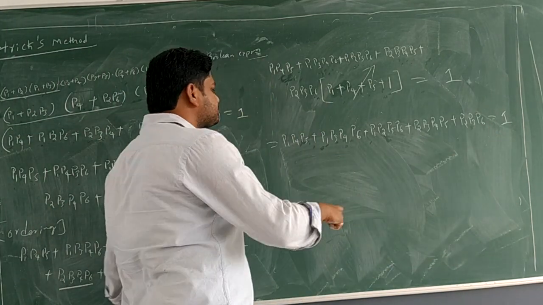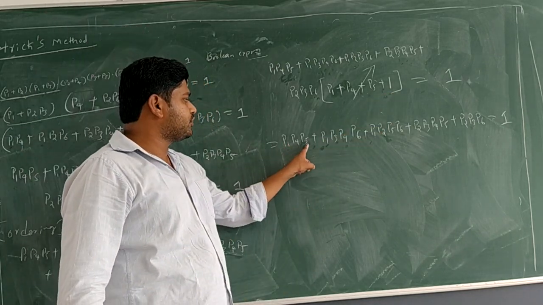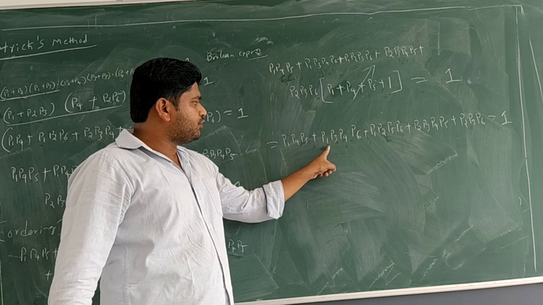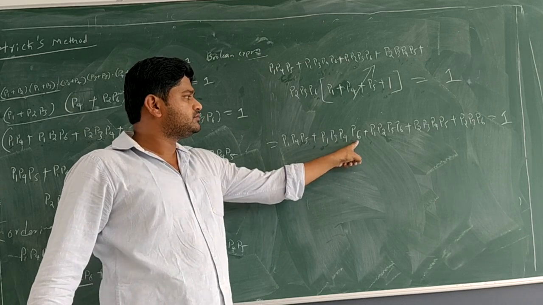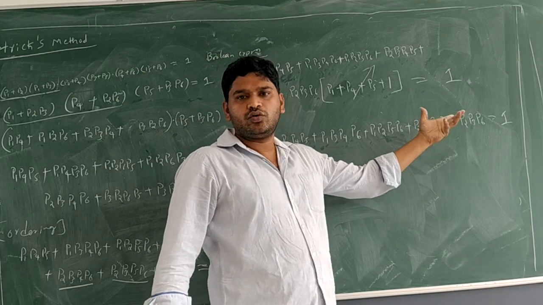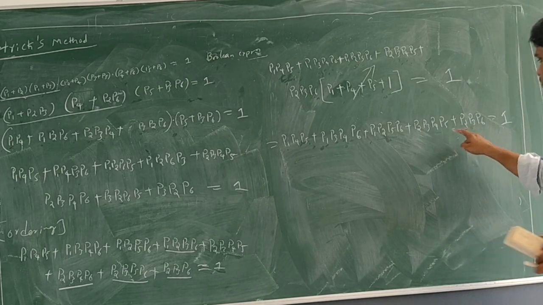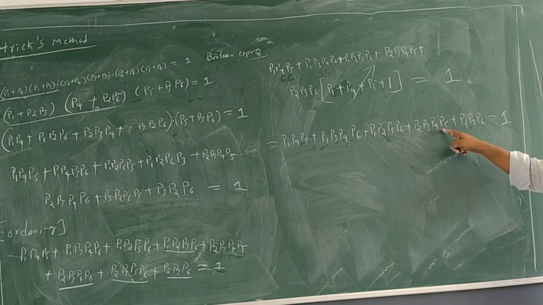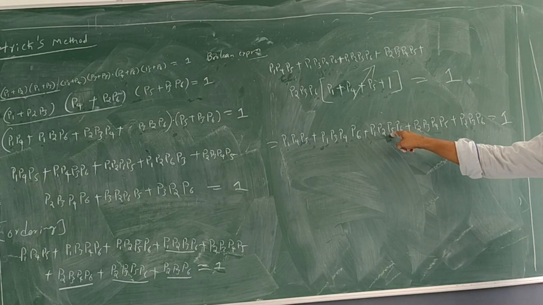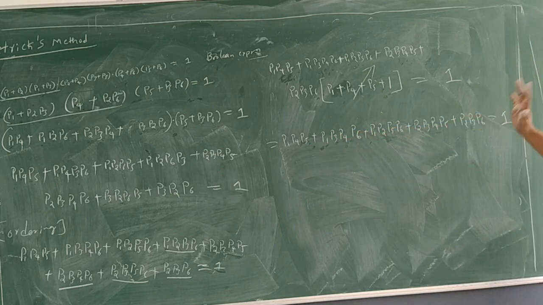Now, is it possible to simplify? See, 1 4 5, we cannot take 1 4 5 here because we don't have 5. Here we don't have 4. Here we don't have 1. So further simplification is not possible. Can we take 2 3 6? We have 2, 3, but we don't have 6. Here we don't have 3. Here we don't have 2. So probably this is the last stage of simplification.